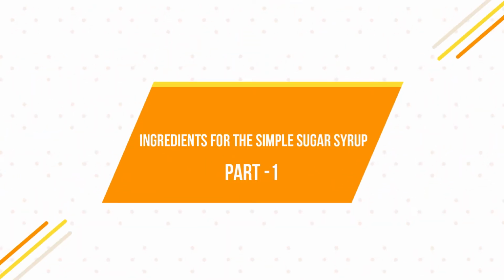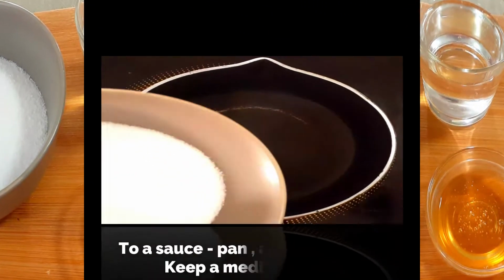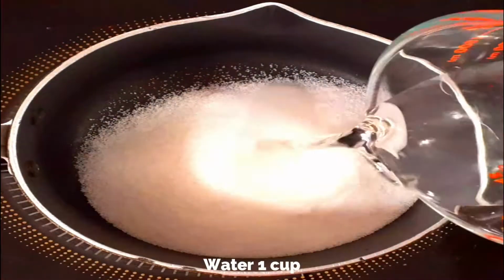So at first, let's prepare the simple syrup or the sugar syrup. For this, you need sugar 1 cup, water 1 cup, lemon juice 1 teaspoon, and honey 1 tablespoon, which is optional. So to a saucepan, add 1 cup of sugar along with 1 cup of water